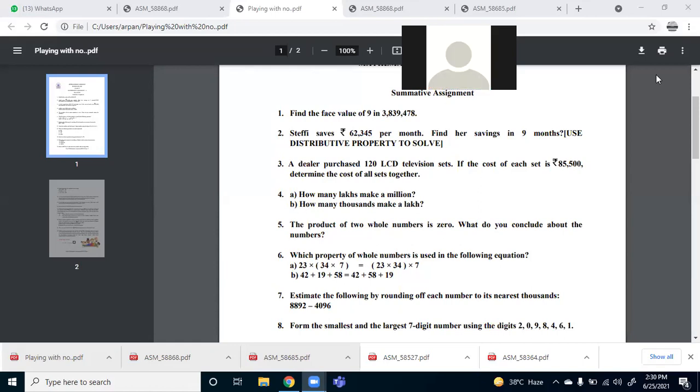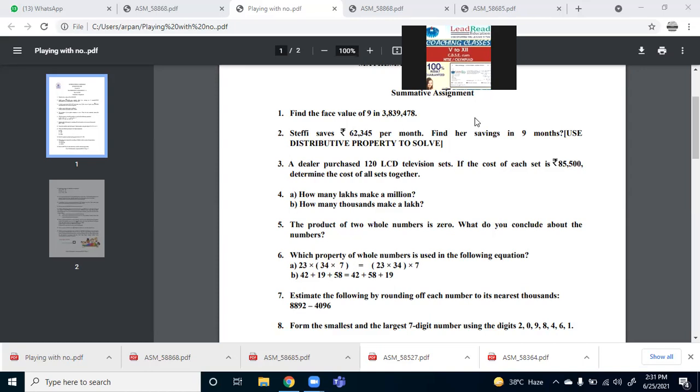Manan. Can I tell? Ma'am, a million, na? 1 million. Yes. Ma'am, can you tell please? Speak again, Manan. 10 lakhs make 1 million. You are absolutely correct. Excellent, Manan, for that. Thank you, ma'am. So let's move to the B part.